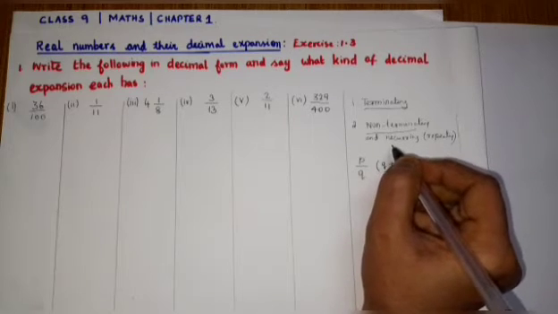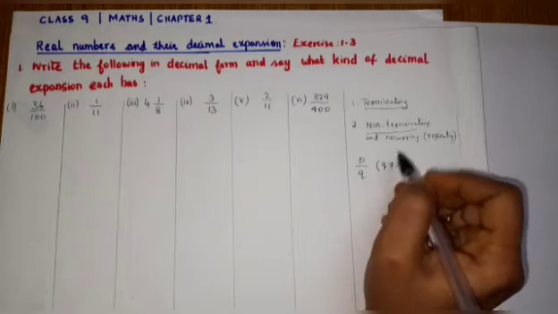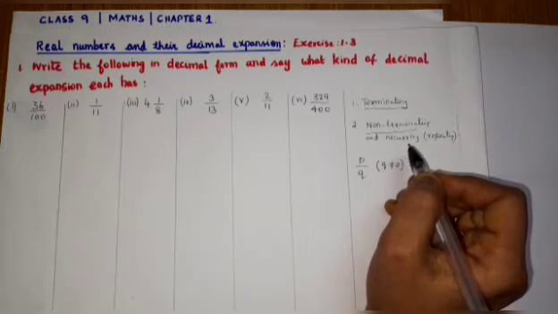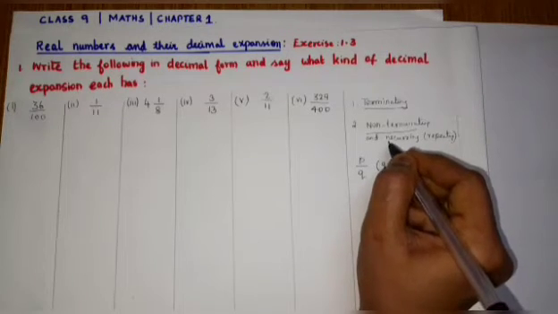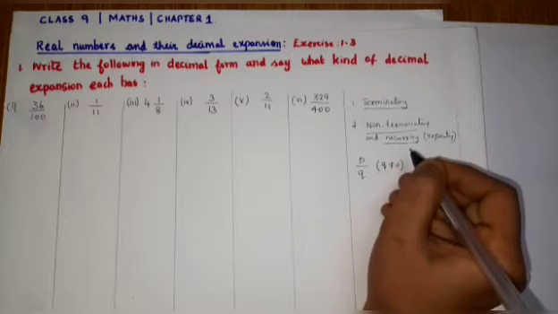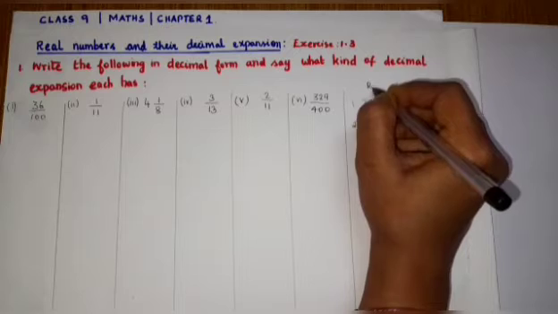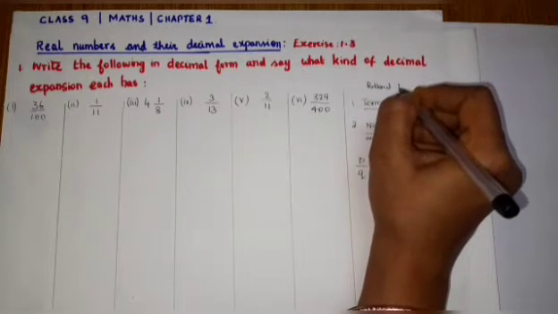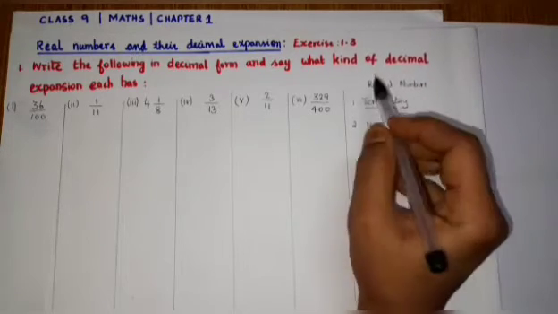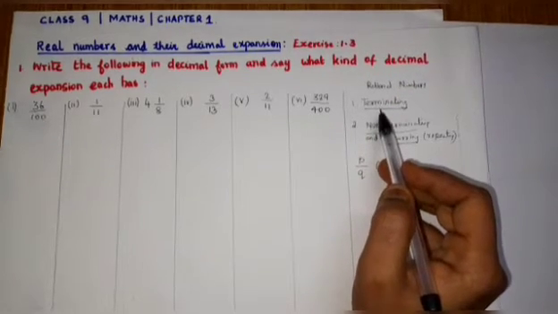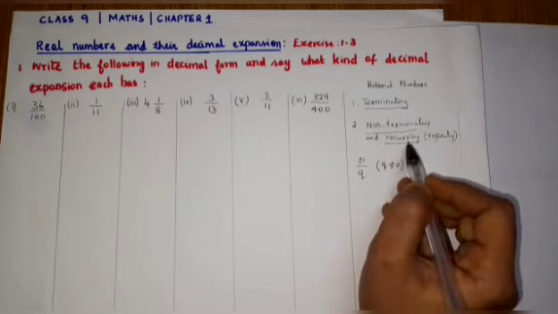And in these numbers, that is non-terminating decimal expansion, some block of numbers will be repeating. Therefore we call that number recurring. So these are regarding rational numbers. If you consider a rational number, there are two kinds of decimal expansion. What are the two kinds? Terminating and non-terminating and recurring.